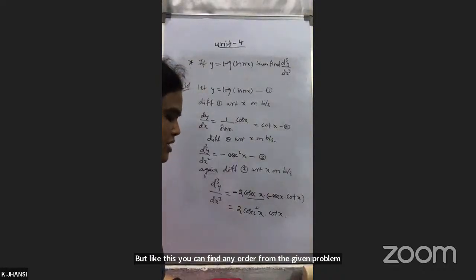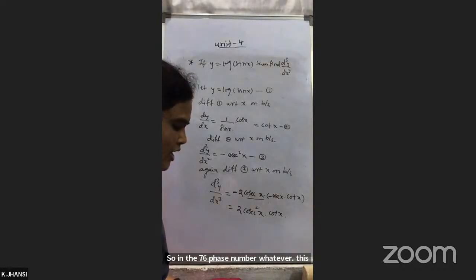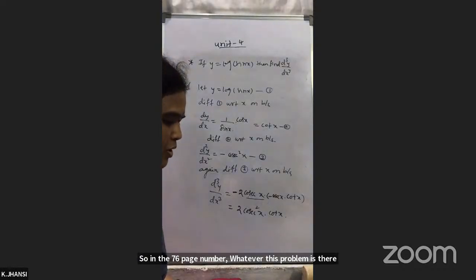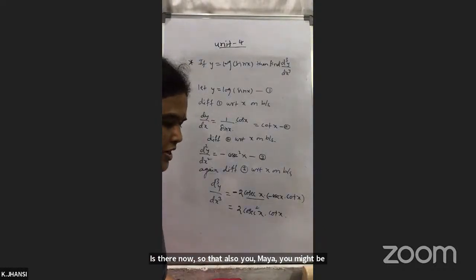So on page number 76, whatever problems are there, these are the important ones. Even problem 4.2.3 is there, no? So that also you may get for 5 marks questions. And even on page number 77,